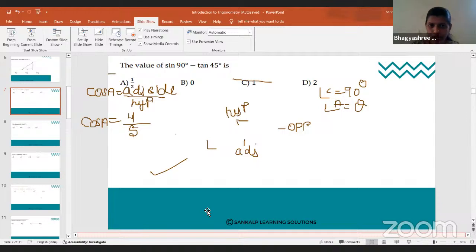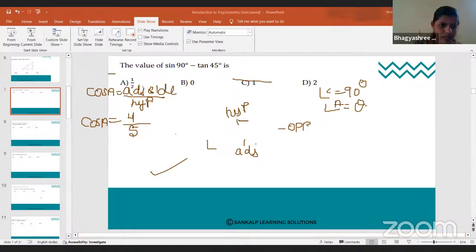Yes. The value of sine 90 degree minus tan 45 degree is there. So in order to solve this problem, first we need to know the values of standard angles, right? So what is sine 90 degree? Remember, sine 90 degree is